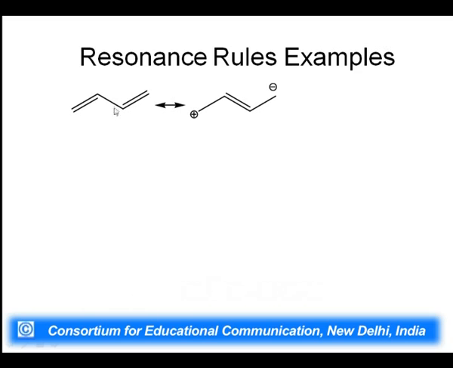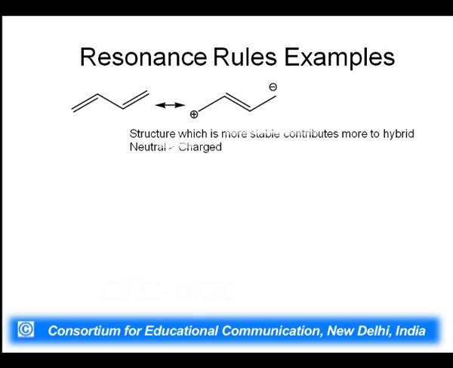bond is moving towards this single bond and this double bond is moving towards the further carbon to give a negative charge and a positive charge respectively, and we may have more than one structure, thus resonance is there. So, out of these two structures, which one is stable if we are asked, then the structure which is more neutral, non-polar, or we may say non-charged or uncharged structure is more stable